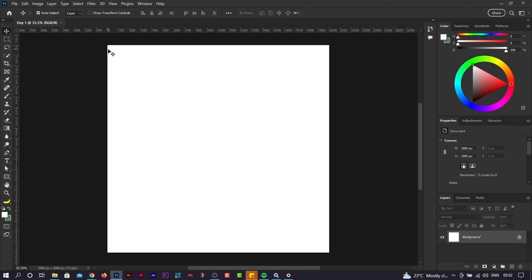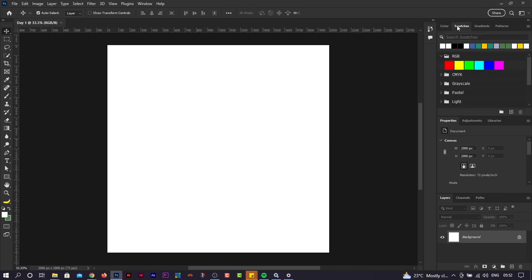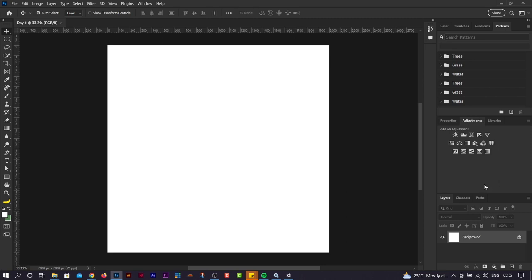As I made mention earlier on, this white board here is called our canvas, right? Now on the right hand side, we have what we call panels. Like here you see we have color, we have swatches, we have gradients, we have patterns, we have properties, we have adjustments, and so on. We have a lot of these things happening here, right? And all of these panels come from our Windows